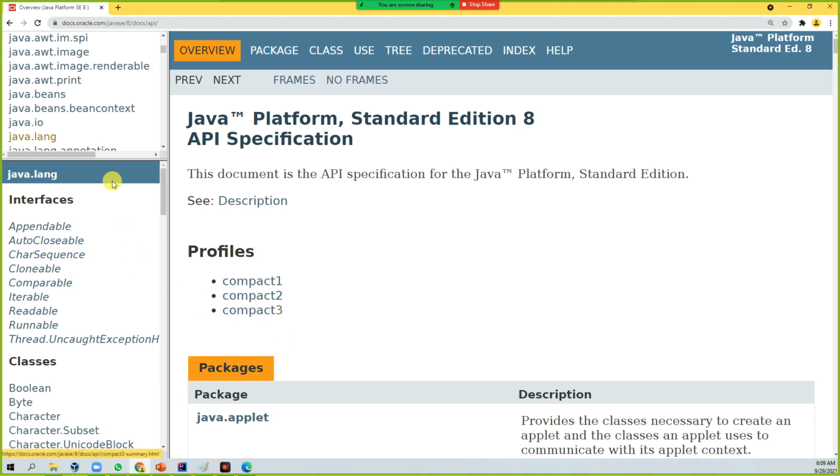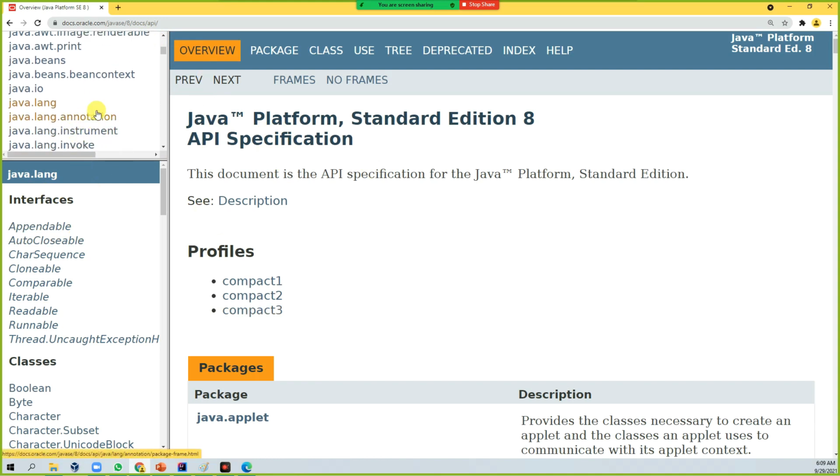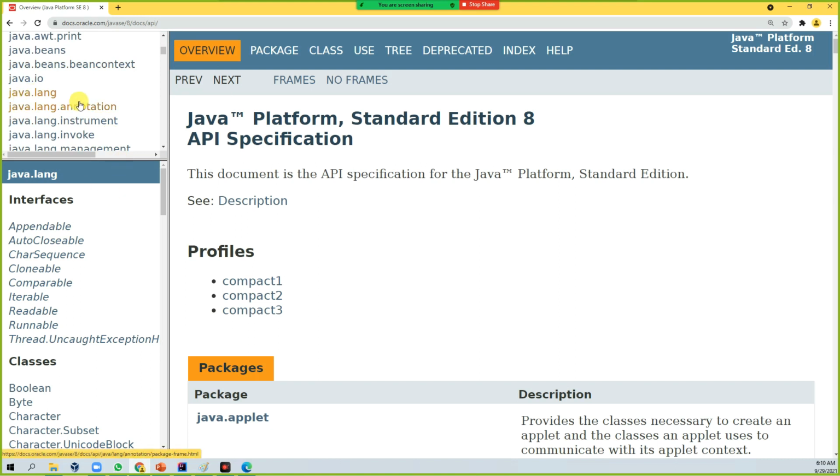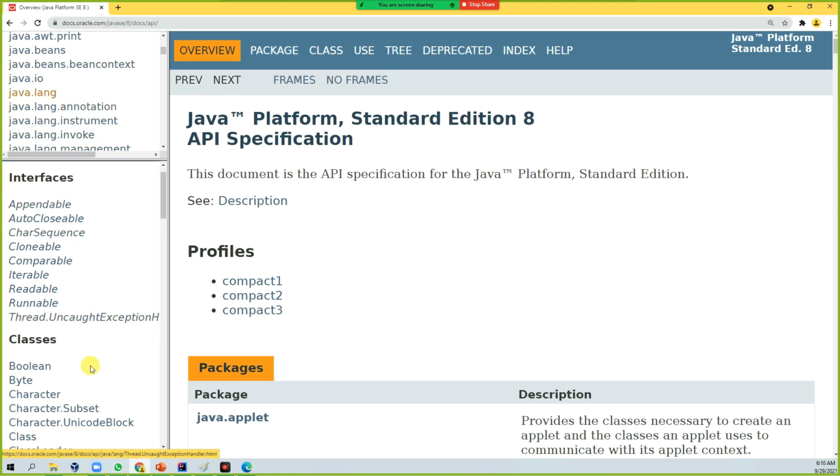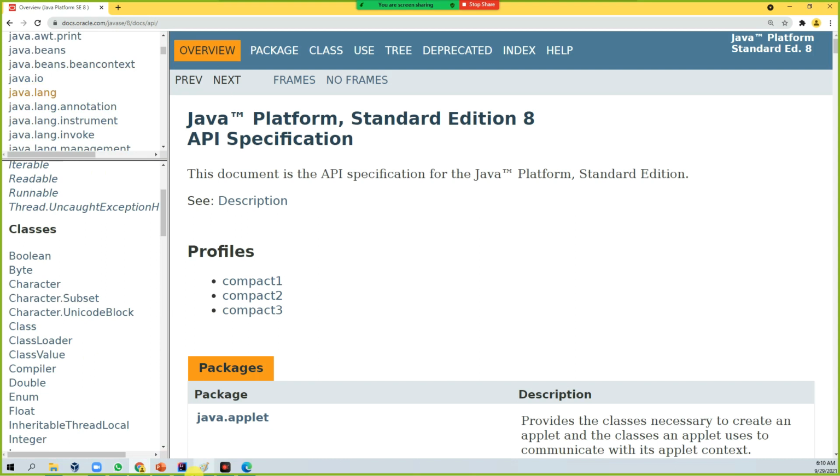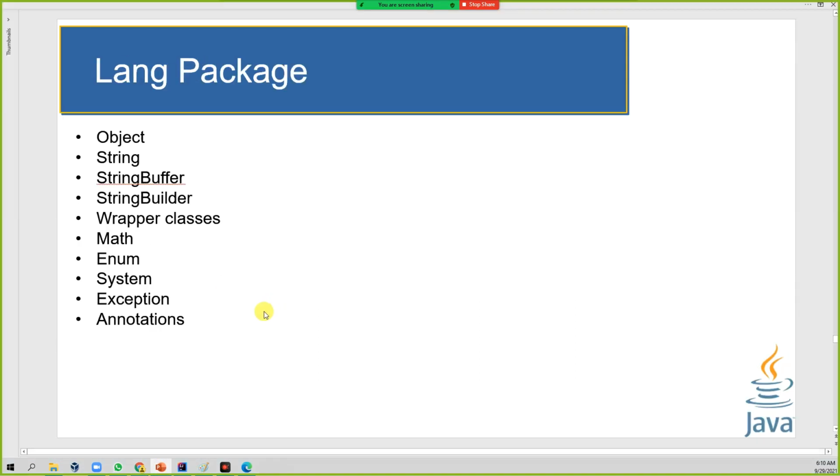So what classes do you have? Just go through the API and you will come to know what exists, and we will see a few of them at the package level in upcoming sessions. As of now we are looking at the Lang package. The main thing is, there is a set of Lang package classes that we use frequently, like the Object class.